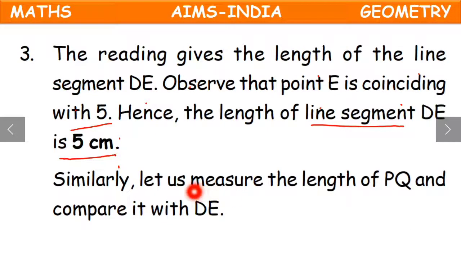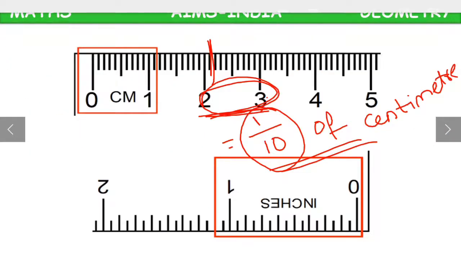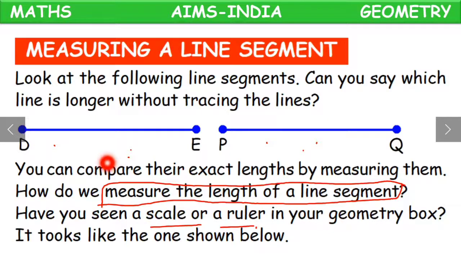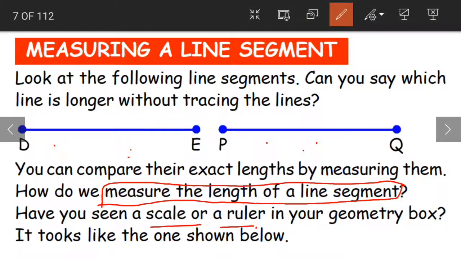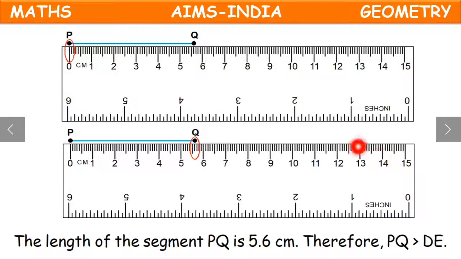Now similarly, let us measure the length of PQ and compare it with DE. So if you remember the first slide, we were having two line segments here, DE and PQ. Now we are done with measuring the length of DE. It is 5 centimeters. So we'll now move on to measuring the length of the other line segment, that is